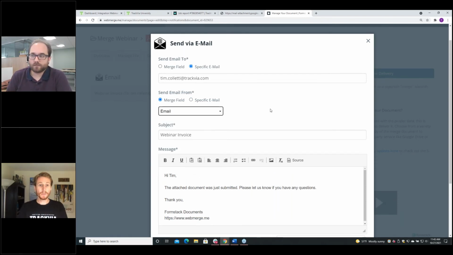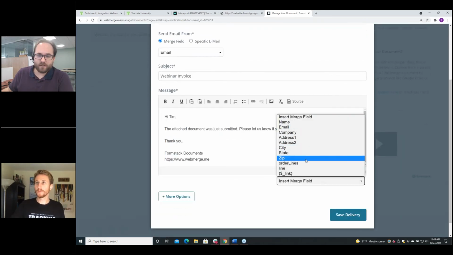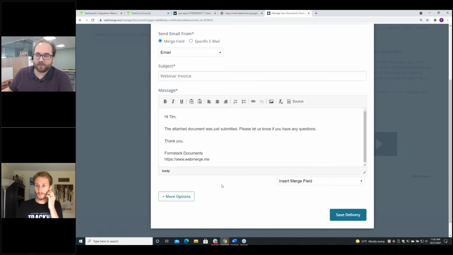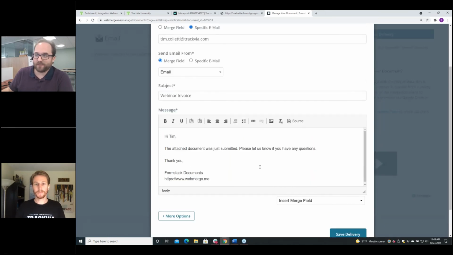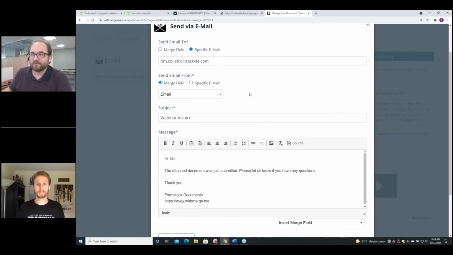Right now it's Tim's, but you could put a merge field there and then choose any of the fields that are coming through Workato into your merge. So what this means is in TrackVia, you could type an email address into a single line field or an email address field and send that through to Workato, and then subsequently Formstack, and it'll email to that person. So really flexible with delivery options. Yep, and you can include any of the merge fields that are in the document. You can include them in the text of the email as well. So it's obviously useful to put the title of the project or whatever in the subject of the email so they know what they're looking at.